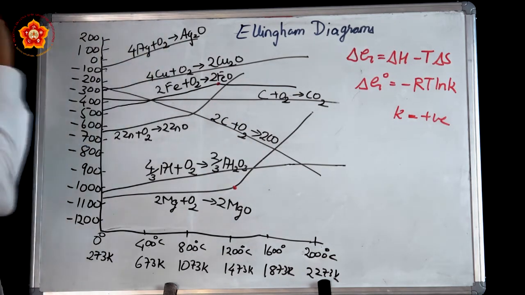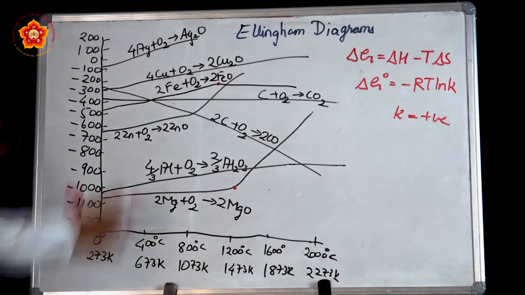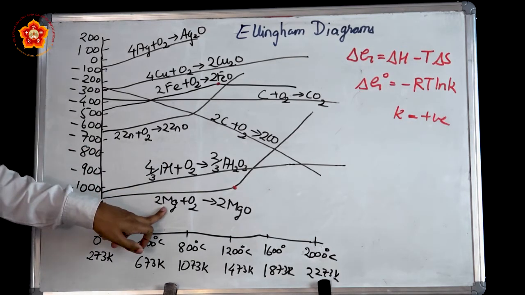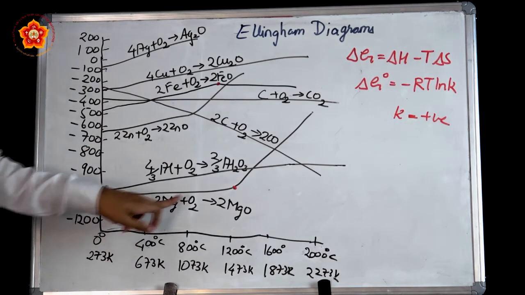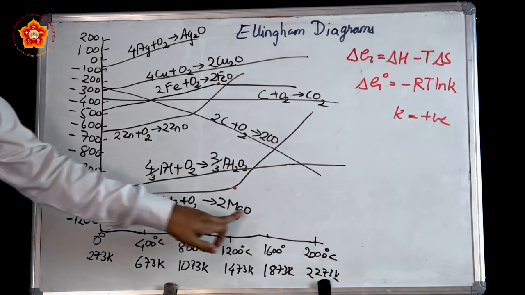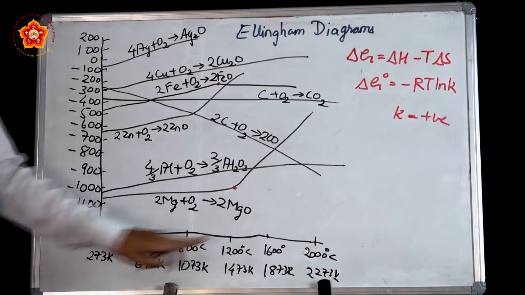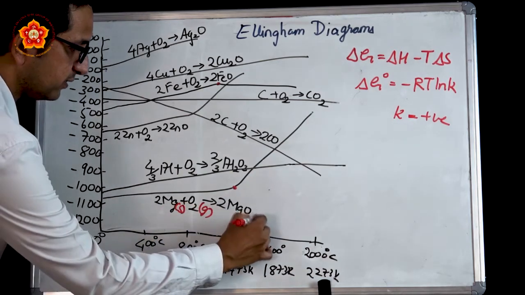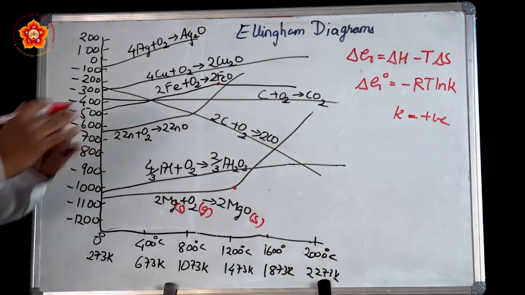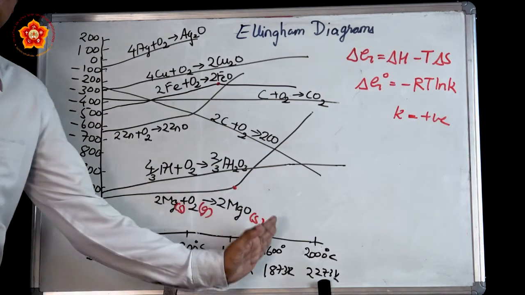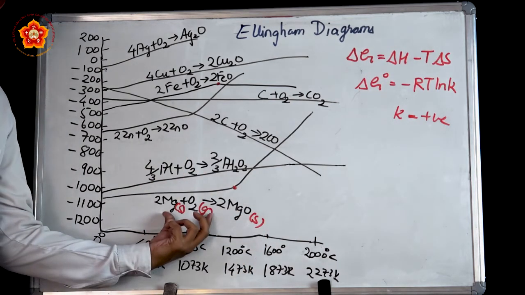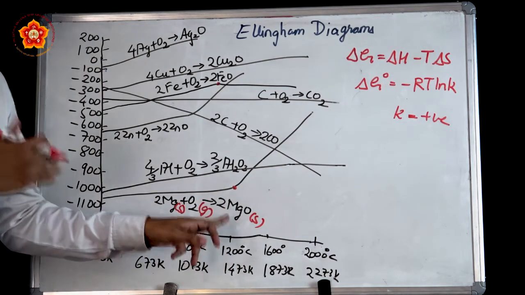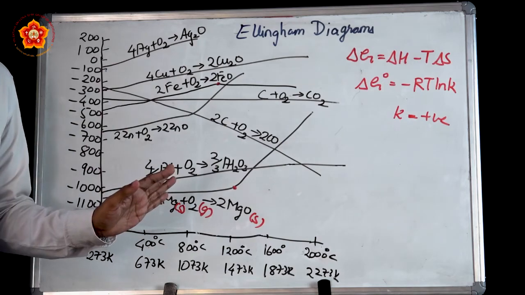What do we understand by these reactions? As an example, when we take a particular reaction, we have magnesium metal, which is solid, oxygen, which is in gaseous form, and the product, which is again solid. Just as a reference, let me write this as S, G and S. What do we understand in this case is, as the reaction proceeds, the reactant side has one gas molecule, whereas the product side does not have any gaseous molecule.